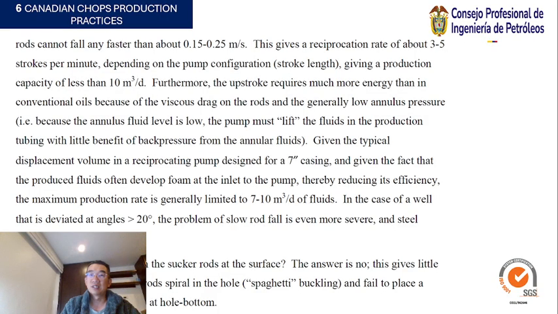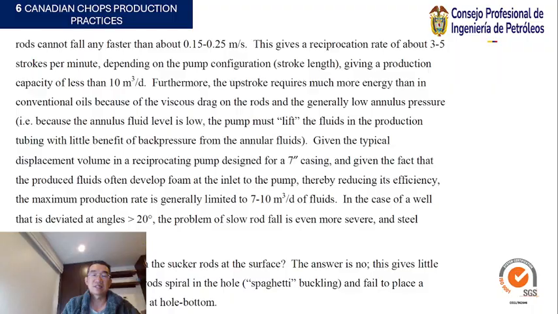This gives a reciprocation rate of about 3 to 5 strokes per minute, depending on the pump configuration, giving a production